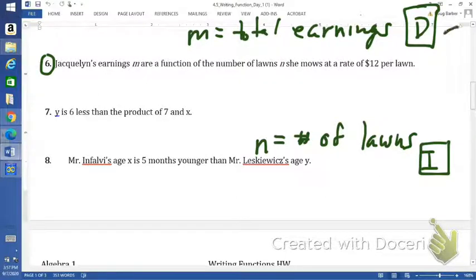All you need to know from this is you capitalize your dependent variable. So you capitalize the M. You put the N inside of the parenthesis, and that's lowercase. And then go ahead and complete the rest of the expression, or write your expression. So she mows at a rate of $12 per lawn. So,